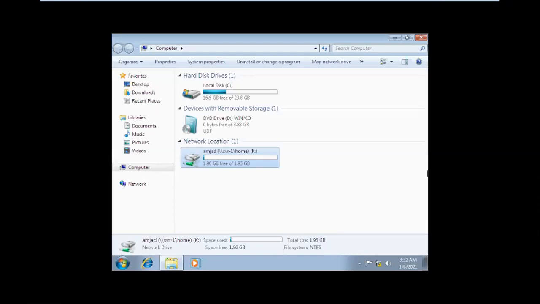Usman needs only 1 GB according to his designation and his work, so I will allot Usman 1 GB. Tahir requires 2 GB, so I allot only 2 GB. More than 1 GB Usman can't use. More than 2 GB Mr. Tahir can't use. More than 500 MB Mr. Amjad can't use. Got the point? Yes, sir. So like that, I can assign disk quota.